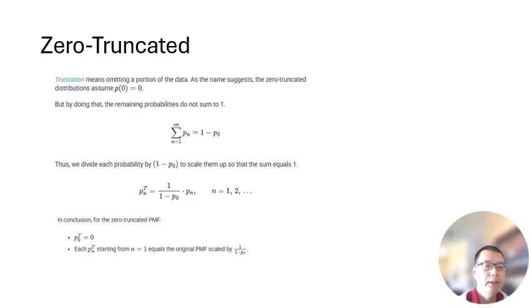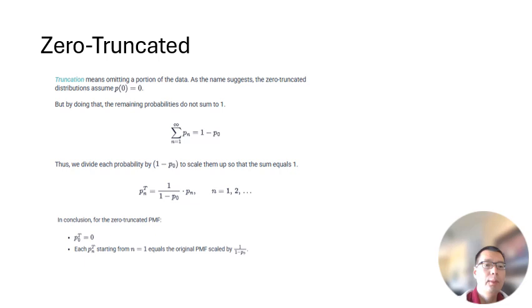If you sum Pn from n equals 1 to infinity, you get 1 minus P0, which is natural. So we divide each probability by 1 minus P0 to scale them up so that the sum equals 1. Then you get PNT, the truncated version of the probability,